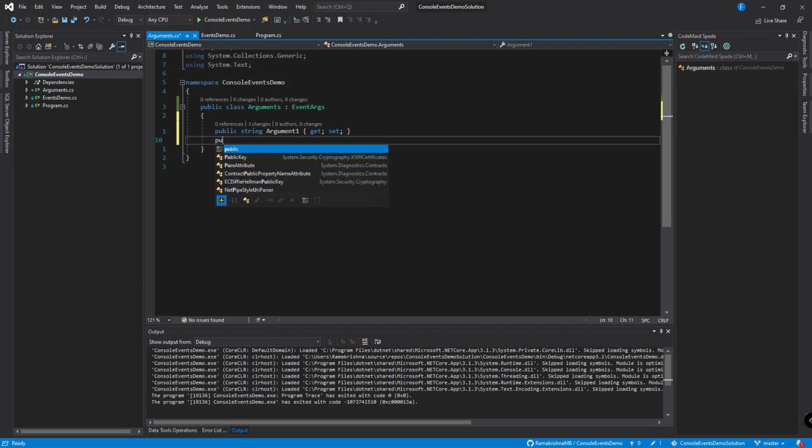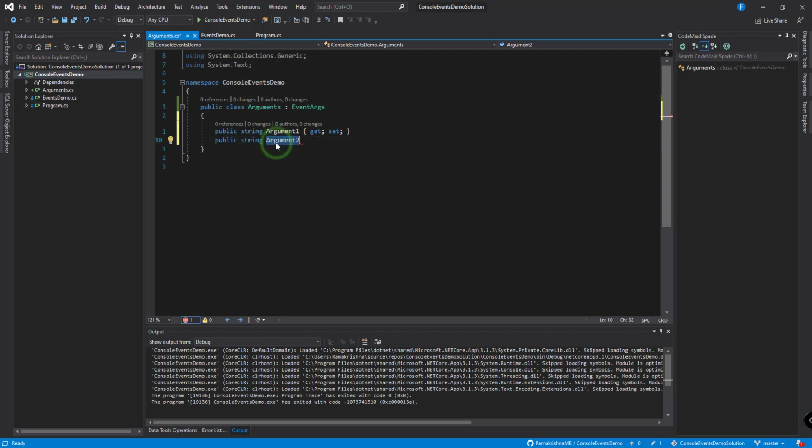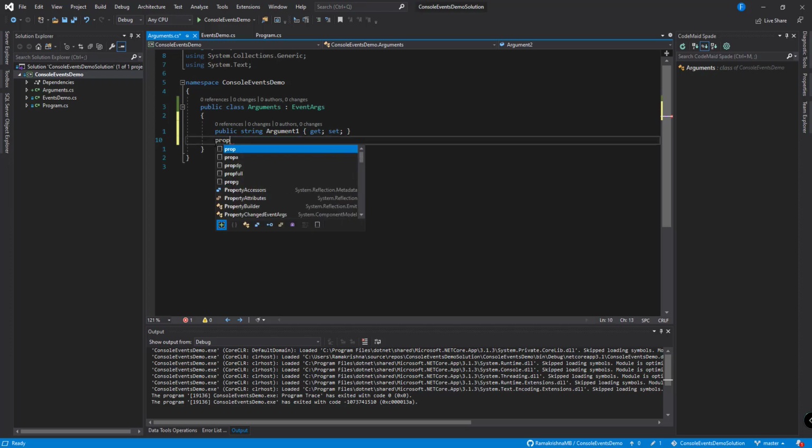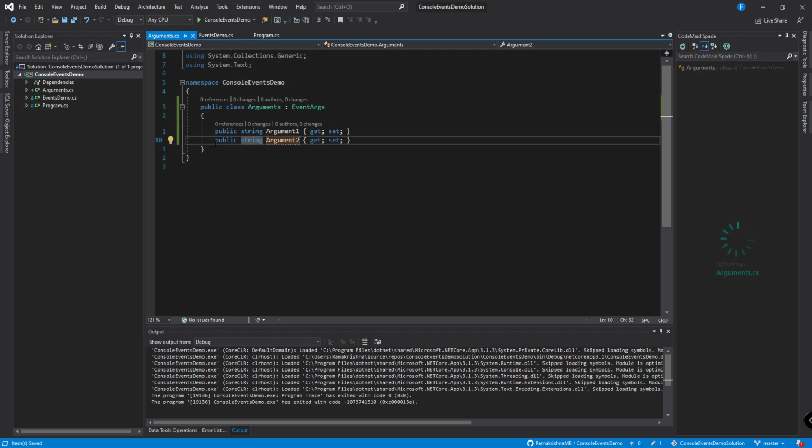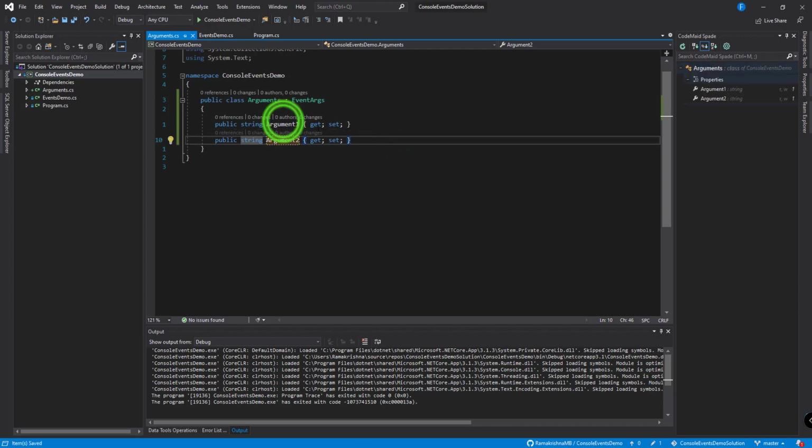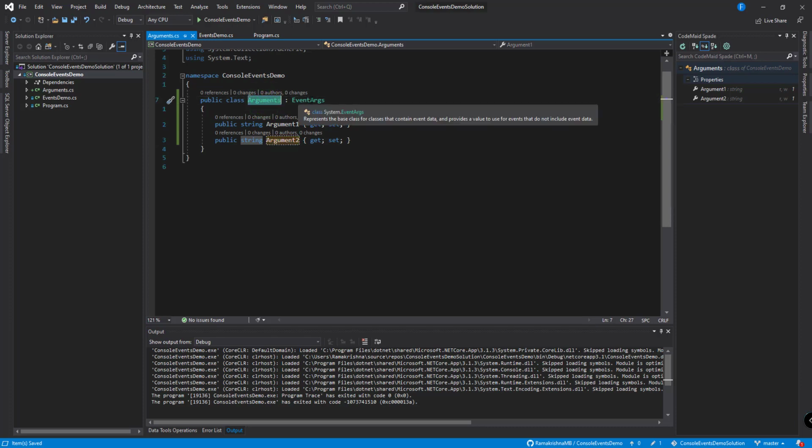Let me have another property, string, we'll call this argument2. So we have two arguments, argument1 and argument2. This argument class is inherited from event args.